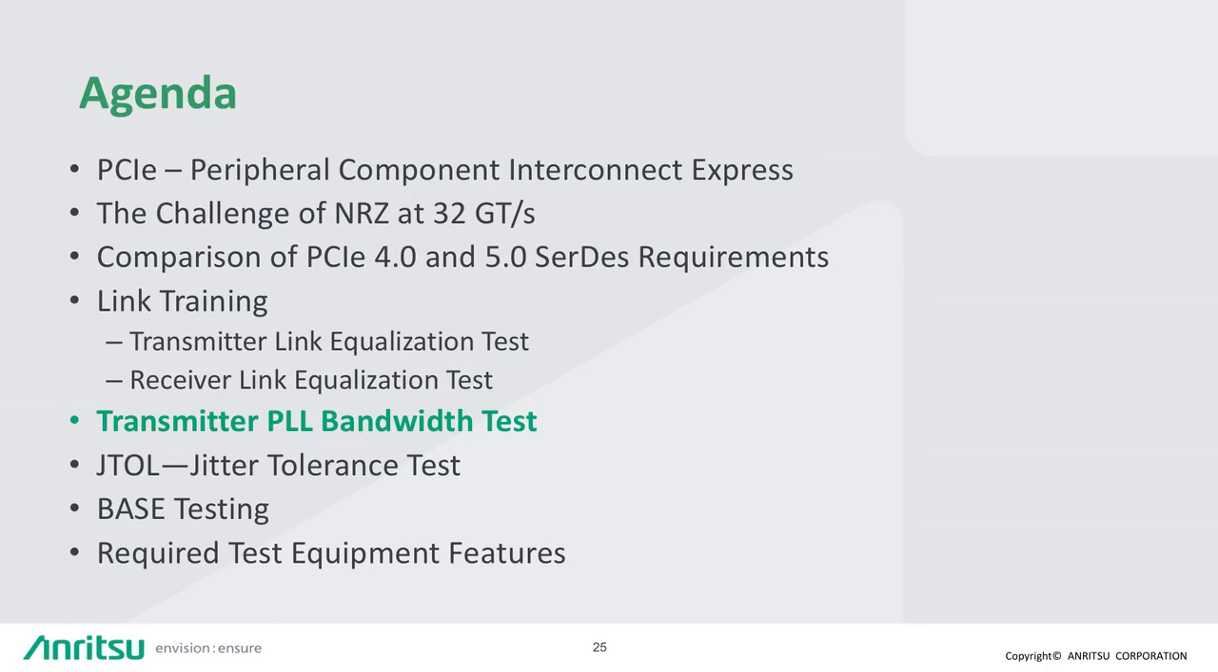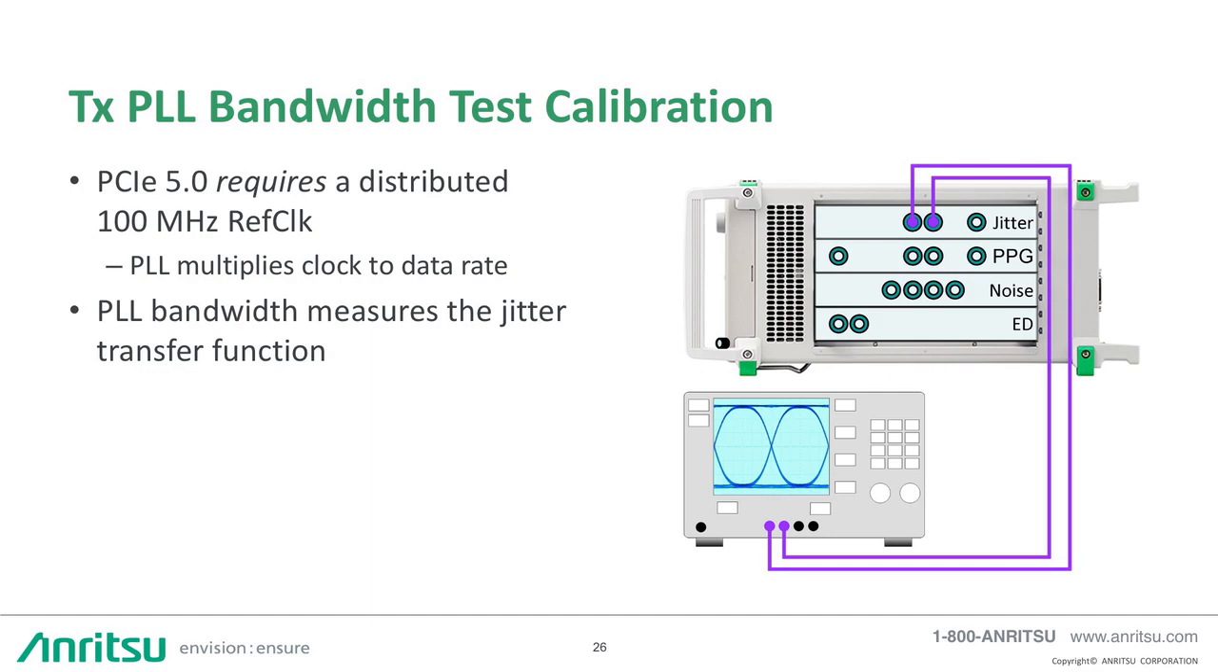This brings us to the transmitter phase lock loop bandwidth test. And after link training, the rest of them will be straightforward. PCIe Gen 5 transmitters operate with a 100 MHz reference clock, the ref clock. A PLL is used to multiply the reference clock up to the data rate. The data rate clock is used by the serializer to latch lower rate data into a PCIe compliant